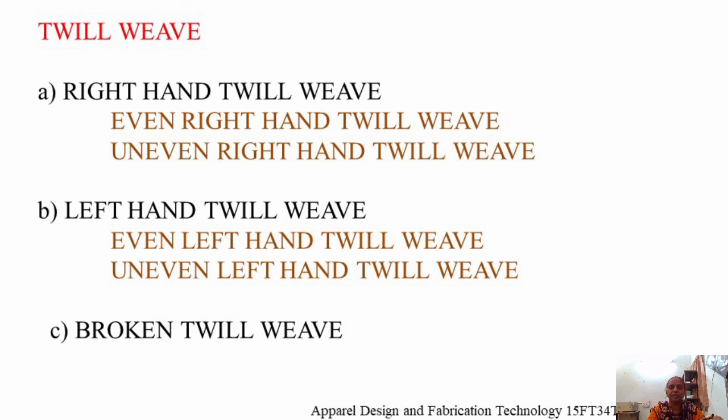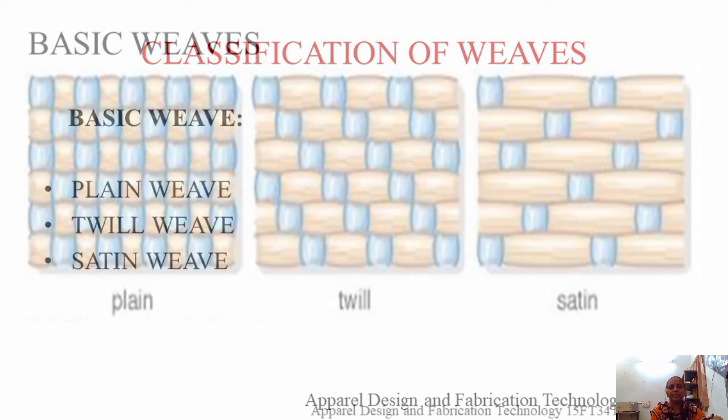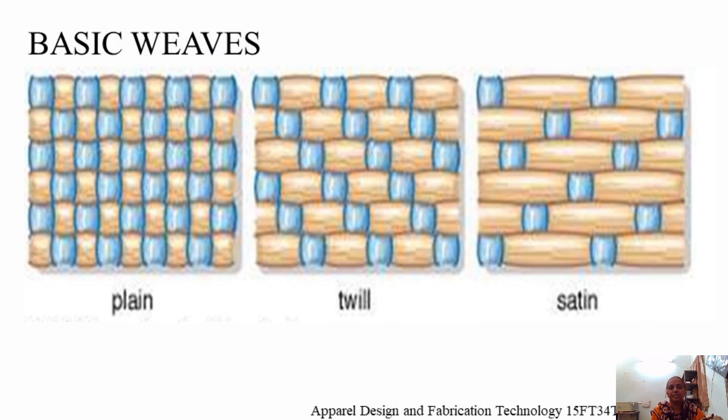So that weave is known as the even twill weave. Here, what is the difference between the plain and the twill weave? Earlier you saw the images, compare the images. Here in the plain weave, one up and one down. So this is the interlacement order. See here the diagonal effect, diagonal lines come here. So this is the twill weave. Here long floats will be there in satin weaves.